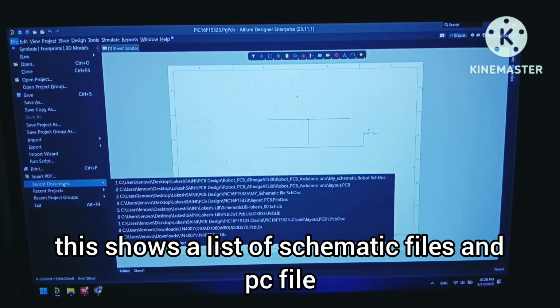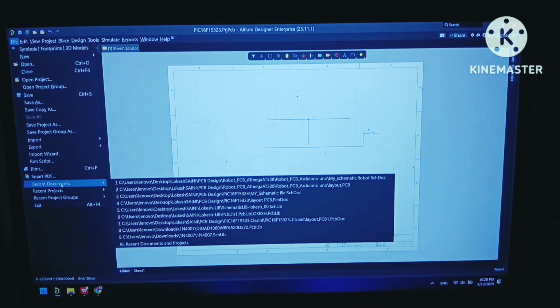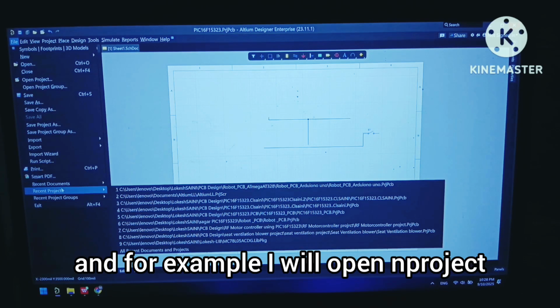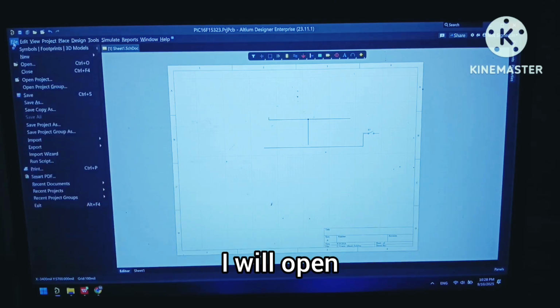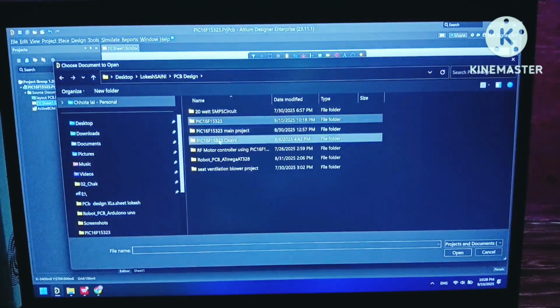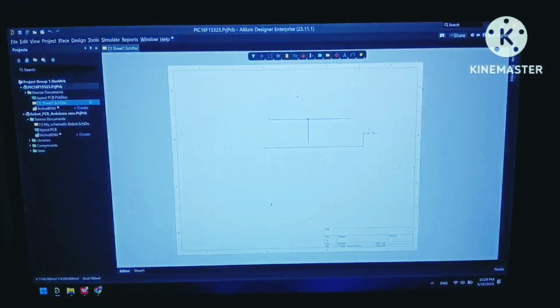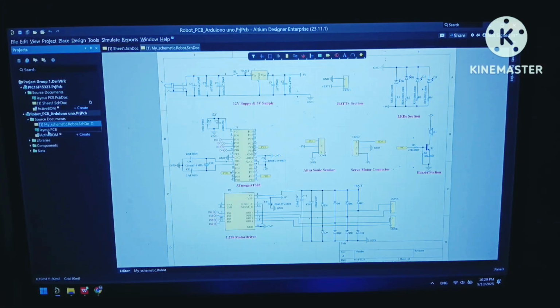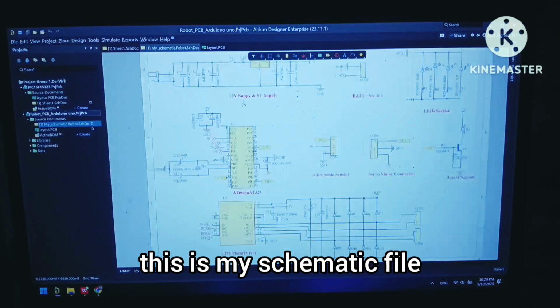And next is recent documents. This shows a list of schematic files, PCB files, library files, or any other individual file you opened recently. For example, I will open a project and now I will close it. You can see this is my project, this is my PCB, and this is my schematic file.